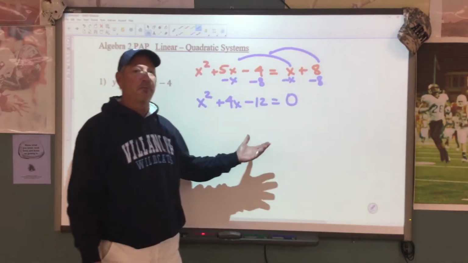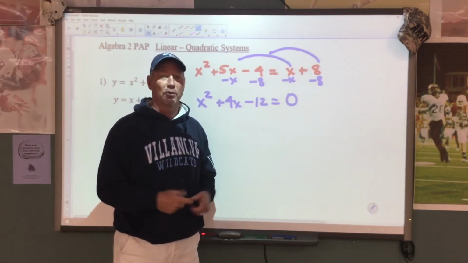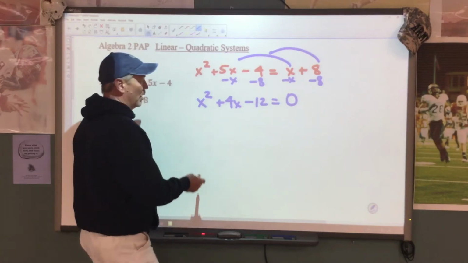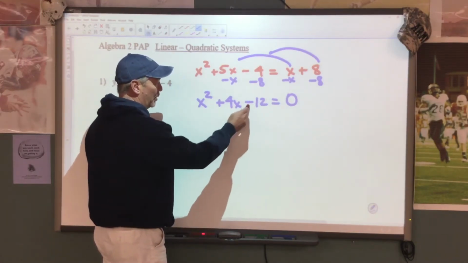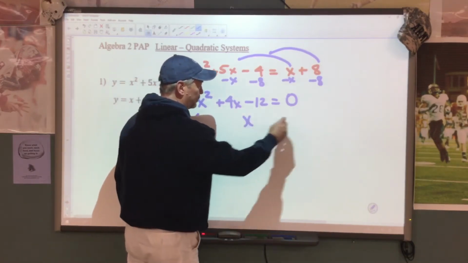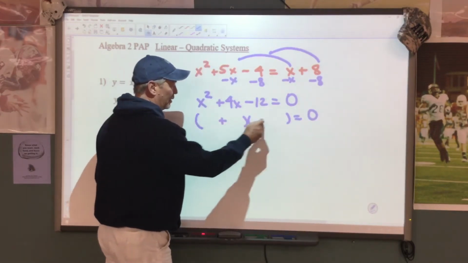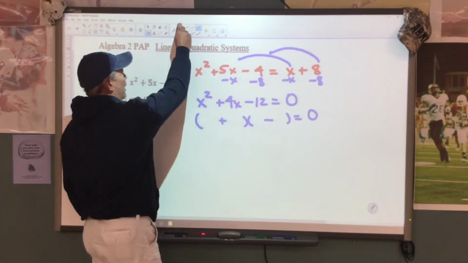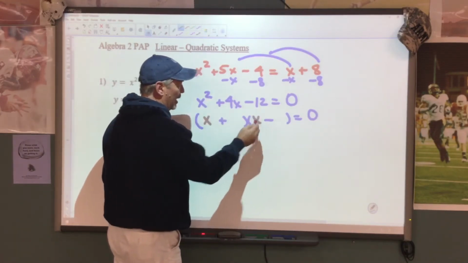Now we're going to solve by factoring. This is kind of some of the easier factoring we've done. So let's go after it. All right, we know that the signs are going to be different and the bigger number will be a plus. So we go to our parentheses. We know the signs are different. We know that we're going to break down x squared as x times x, and we're going to break down